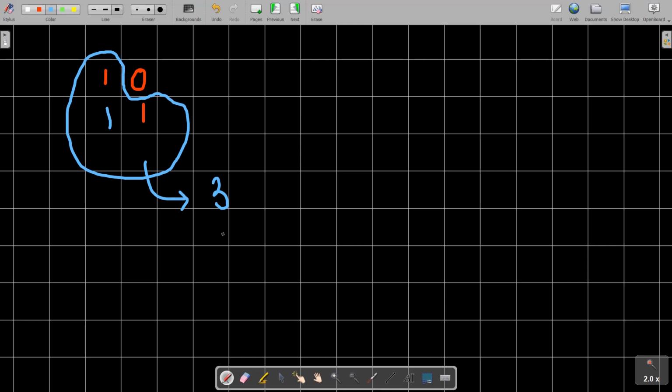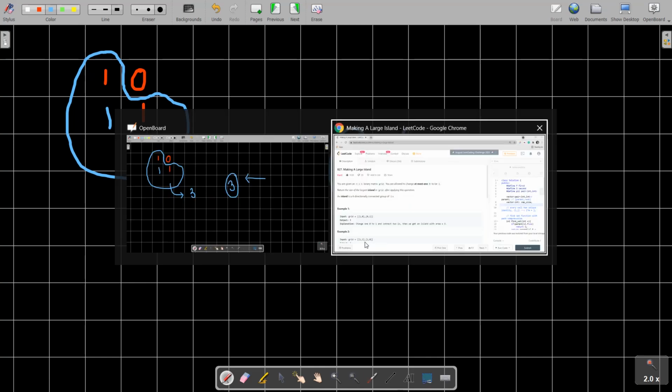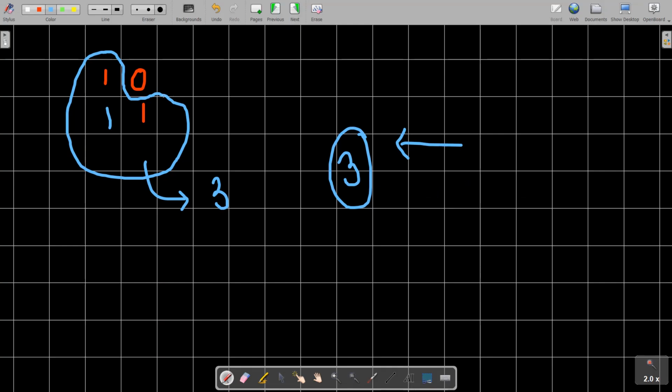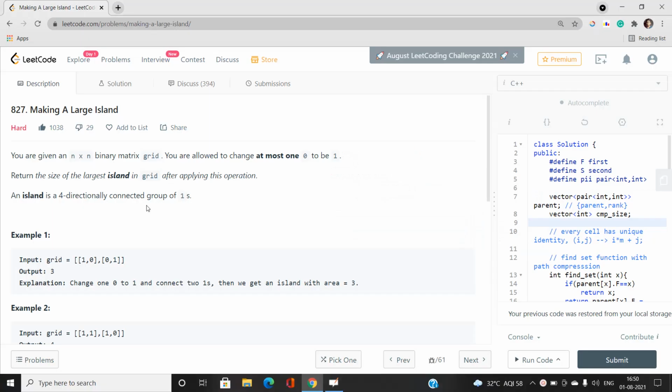So again we are getting the size as 3. So what is the maximum size after doing at most one operation? At most one operation means either we are not going to do anything, or we are going to change any one cell containing the value 0 to 1. You can see that we are getting the answer as 3. So 3 is the maximum answer that we are going to get in this problem statement where this is the input. Note that we are going to do at most one operation. So 3 is our answer.